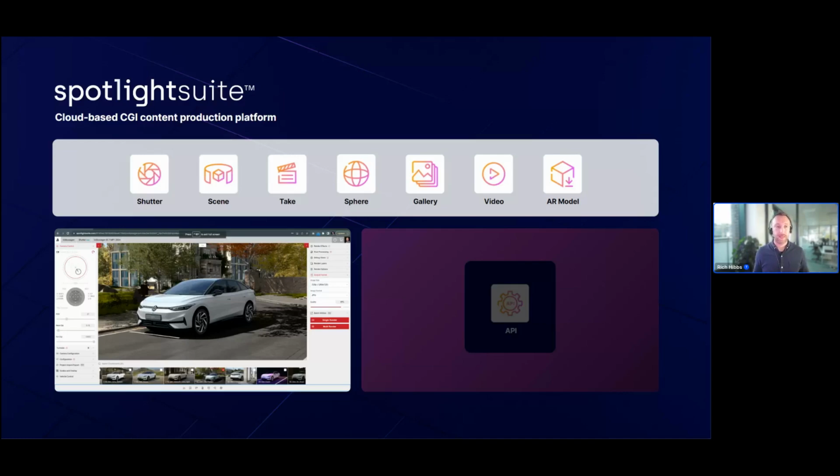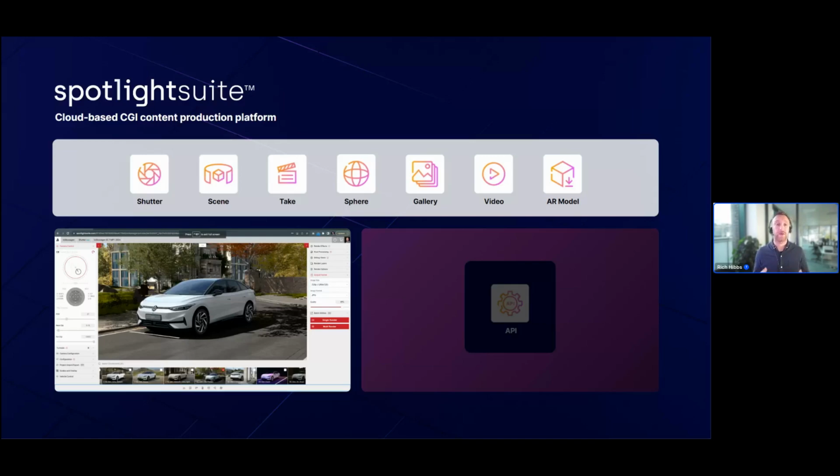What does that mean? So basically, because Spotlight is hosted in the cloud, it means that customers don't have to download any software. You're not tied to a certain piece of hardware. All of your assets are in the cloud. You can log on from anywhere in the world, essentially, as a lot of our customers do. So you log in through a browser. It's password protected. It has MFA, so multi-factor authentication, so all of the assets are secure.